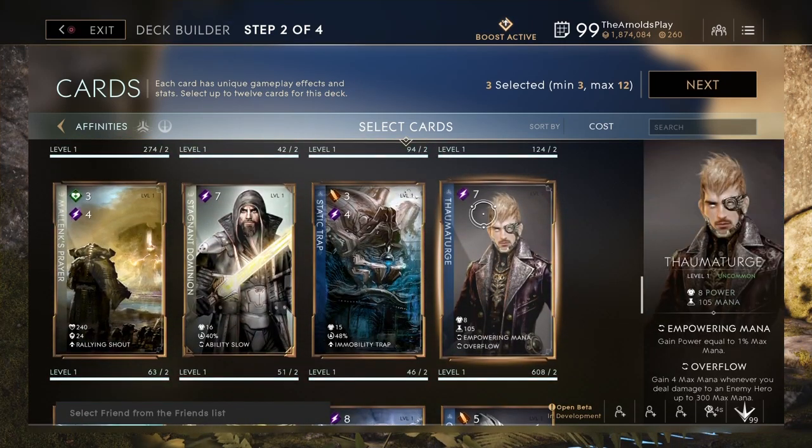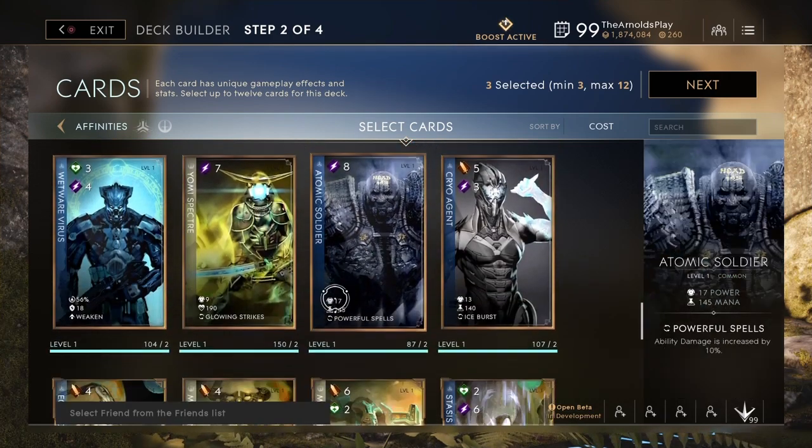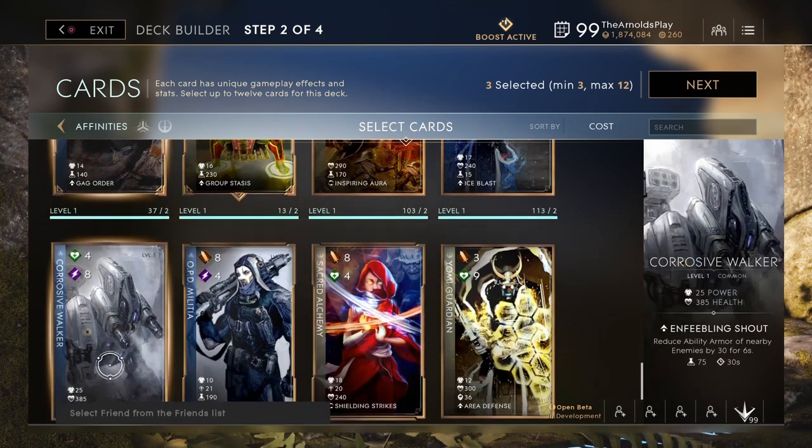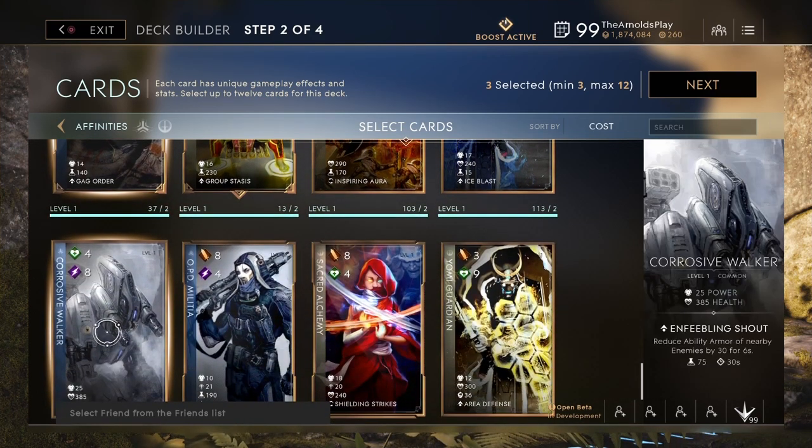Then you want to add up the stats from your end game hand. So in my end game hand I have 7 points from Thaumaturge, 10 from Sleeper Agent, which makes 17 intellect, and then Corrosive Walker has 8 intellect, which makes 25 intellect and 4 vitality. 25 intellect, 4 vitality. Once you've built your endgame hand, you want to make sure you keep in mind